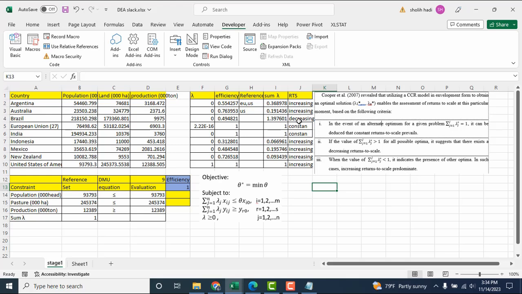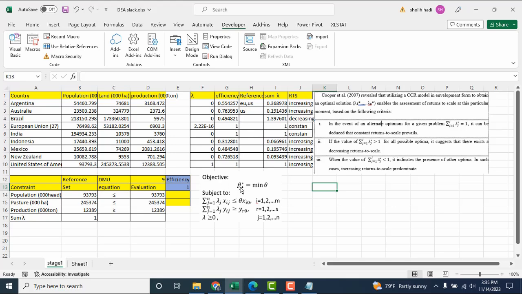And then we can suggest for Australia, Argentina, Mexico, and New Zealand to increase the return to scale to increase the efficiency. And also we can suggest Brazil to decrease return to scale to increase the efficiency.